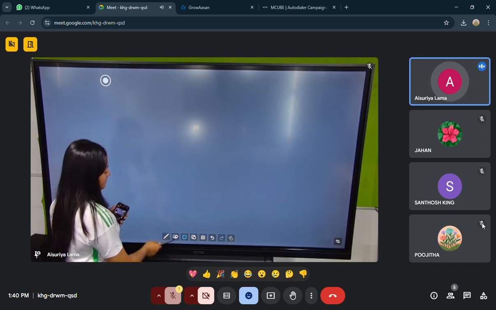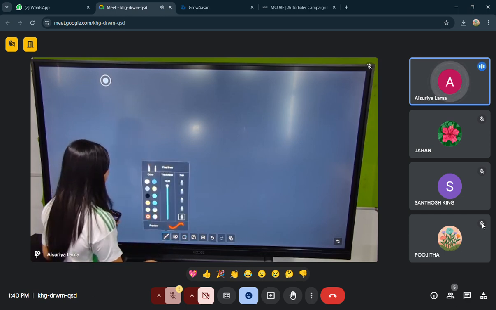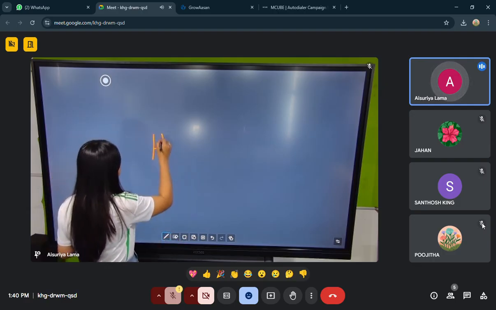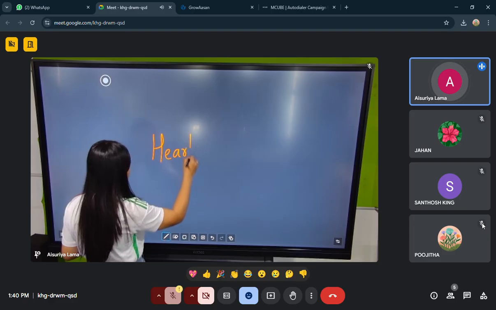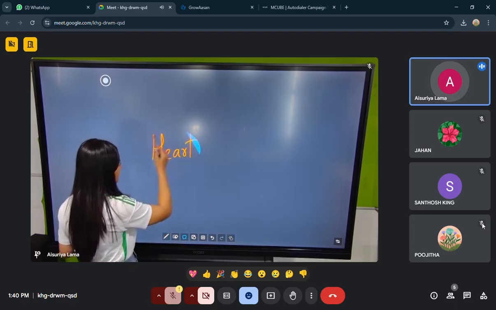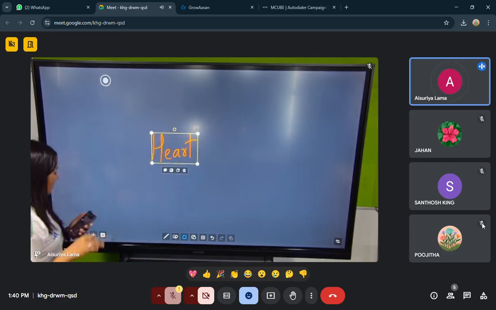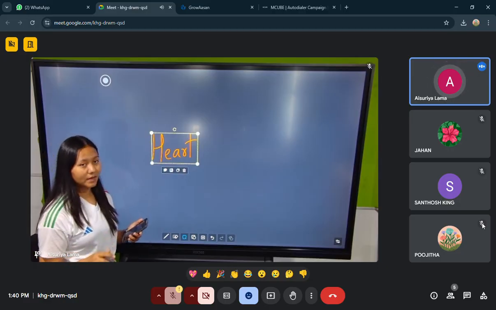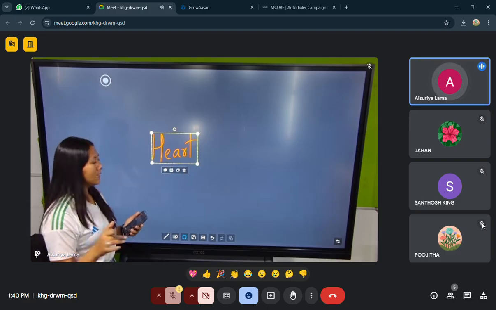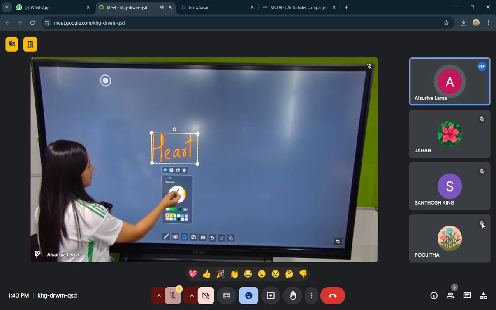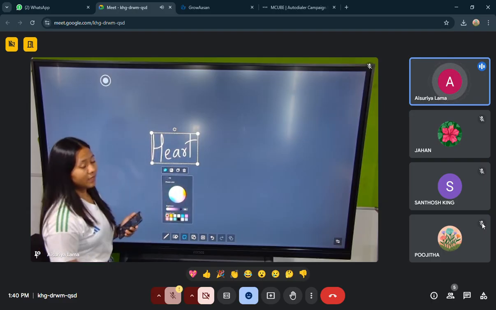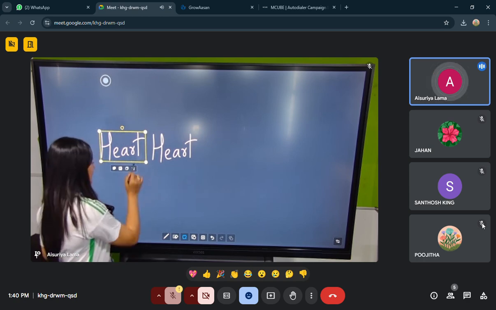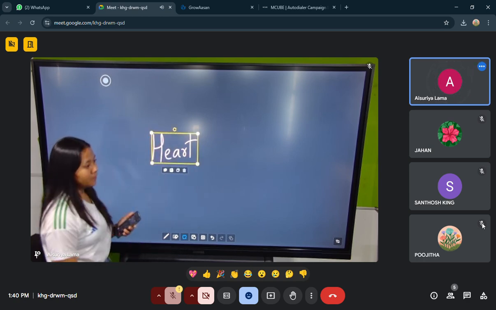Then I have selection bar. I'll tell you the use of selection bar. So there is selection bar and I'm writing a word here, for an example, heart. Now I'll select this selection bar again and I'll just circle this word. Now I have selected. For an example, if I have written the entire paragraph and I want some words to get highlighted, I can change the color of this word to any of those colors. I can make a clone of the same word, same size, same height, same font. I can delete it, or else there's one more feature which is known as search.